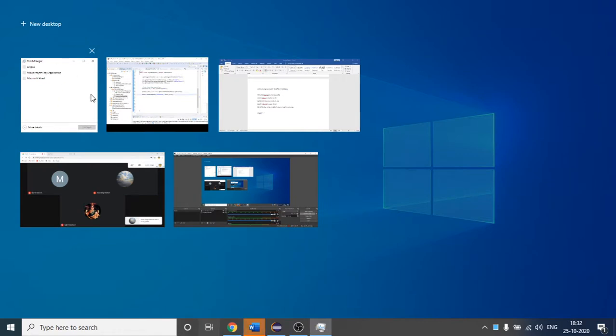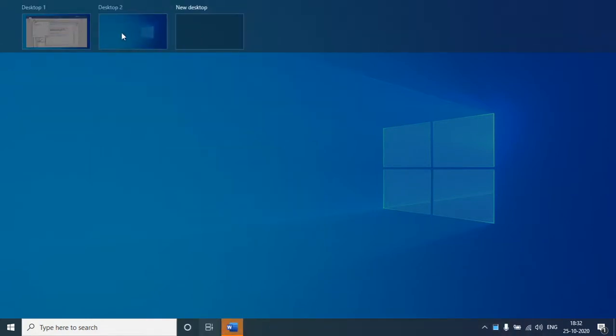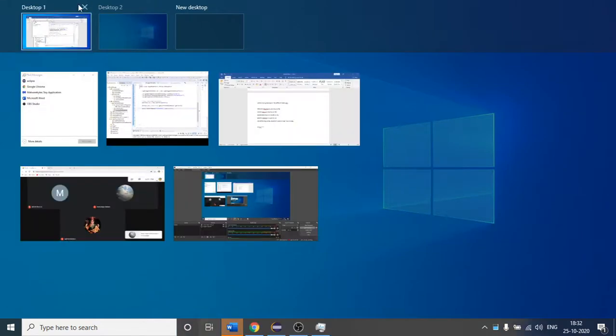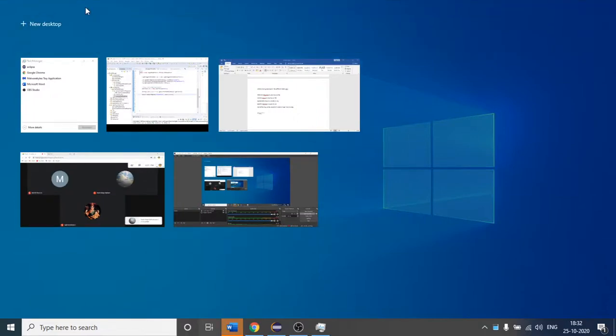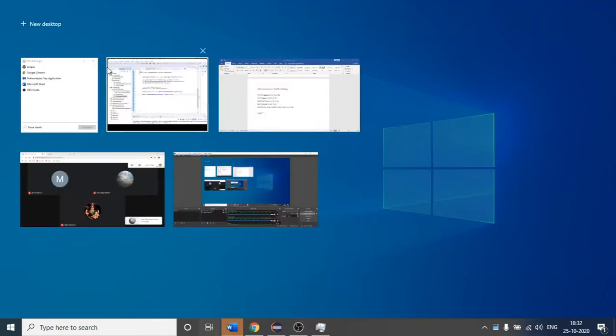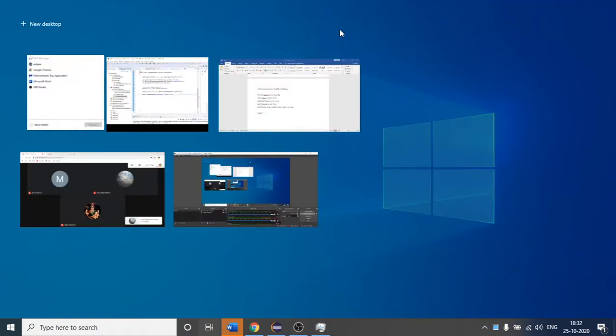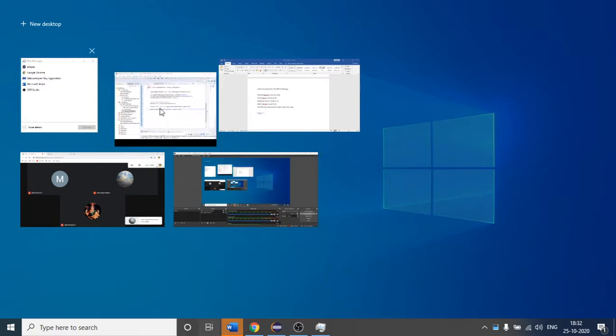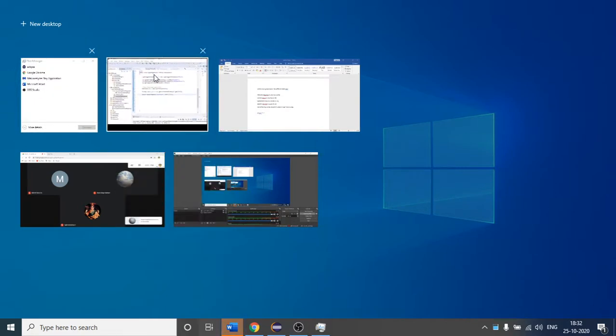I am not able to access it. It also got stuck here. So I think, okay, let me do one thing. If I click close this. So how can I... otherwise click Alt F4. Sorry, Alt F4.